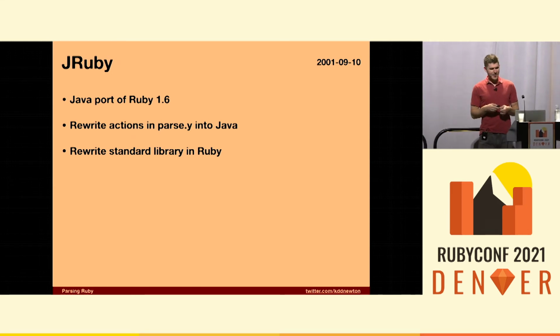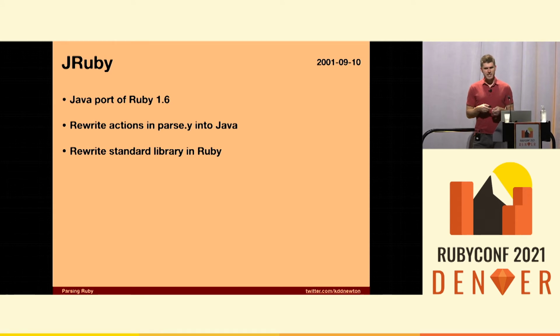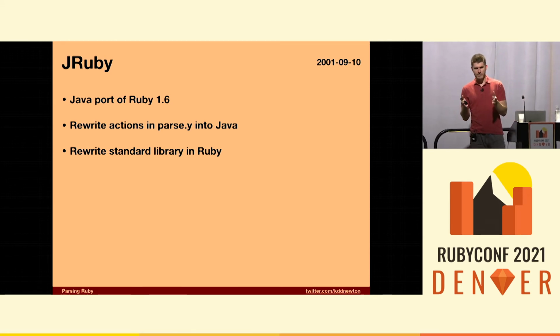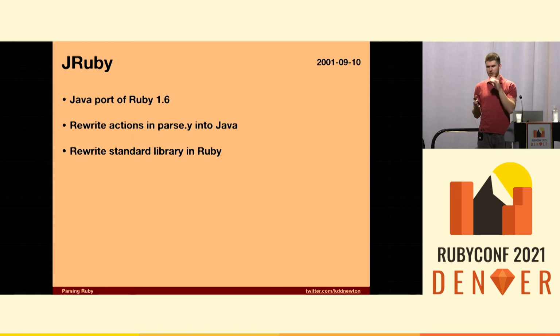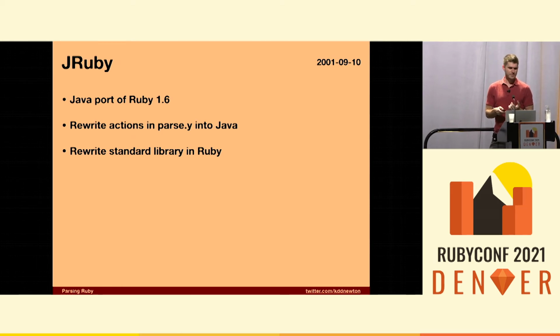So it's funny. JRuby takes the parse.y file, the grammar file that we looked at. You remember the racc file from earlier. It takes that grammar file, takes all of the action blocks, which were the things in the braces, and rewrites them all. And I love this. I love just thinking about this. I was like, what would make this language better if it were written in Java? That would be better. And at the time, it was. I mean, JVM is still one of the greatest inventions we've ever done as programmers. It's incredibly powerful, and it's achieved better peak performance numbers than YARV at the time that it was introduced.